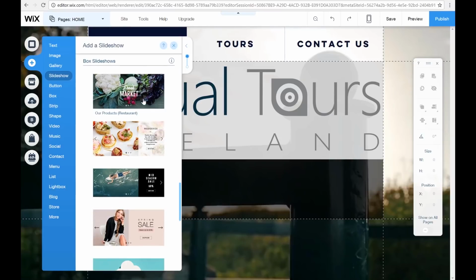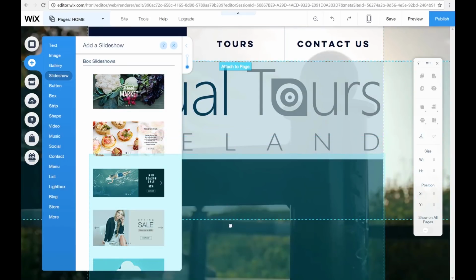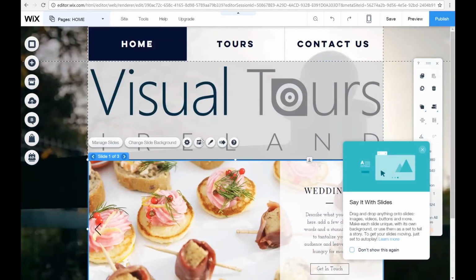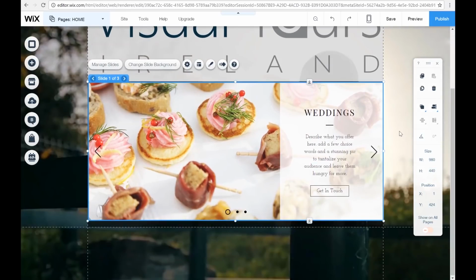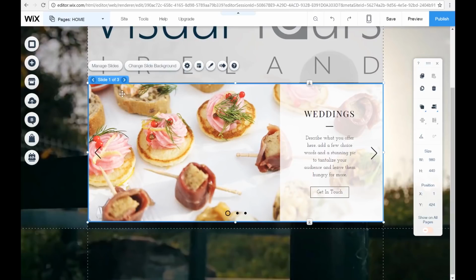And I think the slideshow I want to use is this slideshow here. So once again, drag it over and drop it where you want it. So our slideshow is here. We have slide 1 of 3, and automatically the menu for the slideshow will pop up.